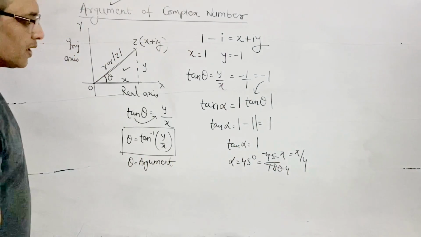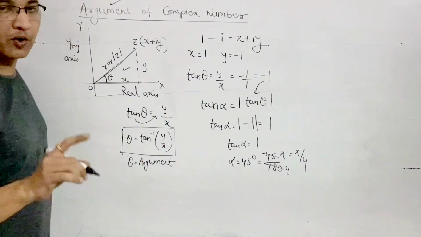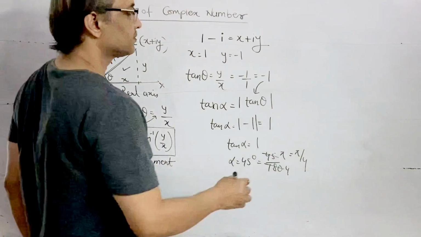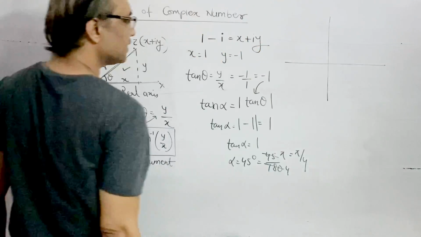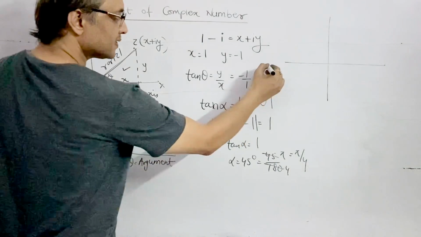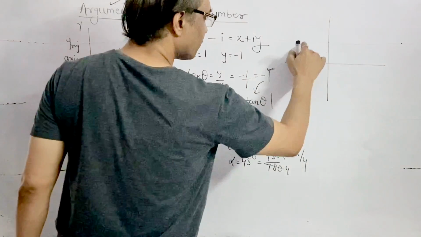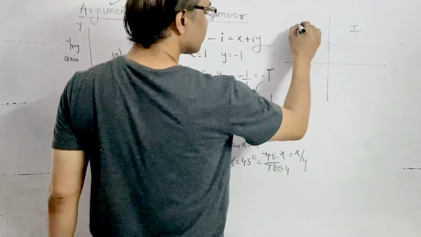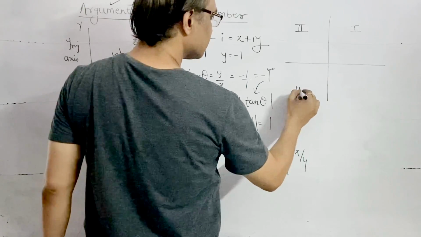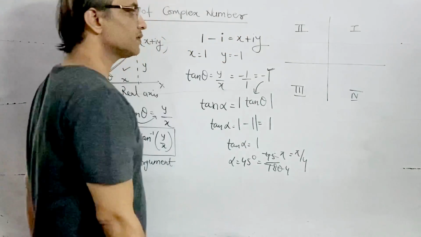So we've got the value of alpha. But we have not got our answer. We want to find the value of the argument. In order to find the argument, in those cases where tan theta is negative, we need to use these 4 quadrants. This is the first quadrant, second quadrant, third quadrant, fourth quadrant. These are the 4 quadrants.